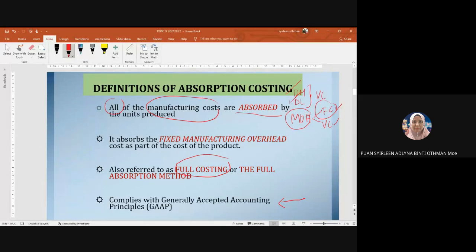This is what you learn in semester 1. So format tu tak boleh ubah sebab dia kena comply dengan GAAP. Okay, so bila you tengok dia punya income statement nanti, you akan tengok, oh sama dengan apa you belajar di semester 1. Kita ada sales minus purchase. Okay, sales minus COGS. And then you akan dapat gross and then minus operational expenses. Lepas tu kita akan dapat net profit. Okay, alright, that is for absorption